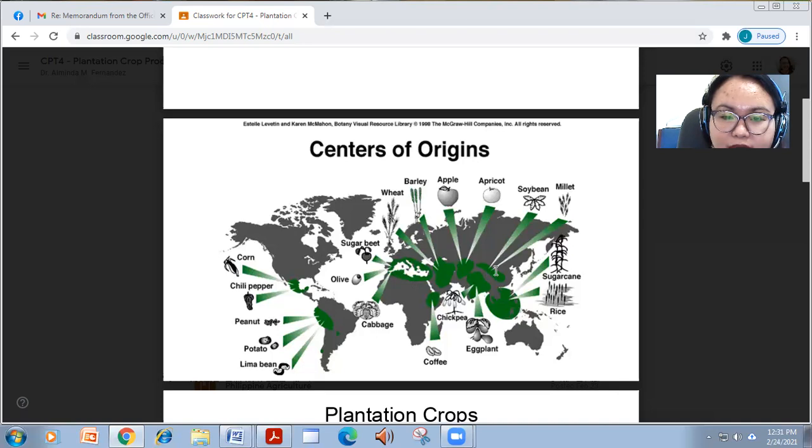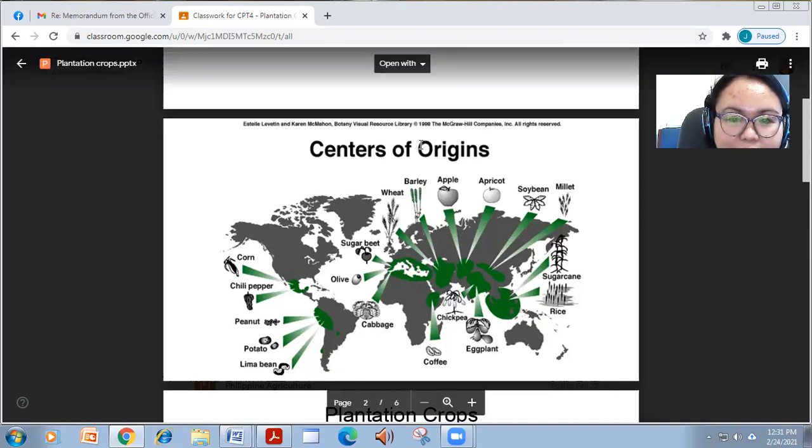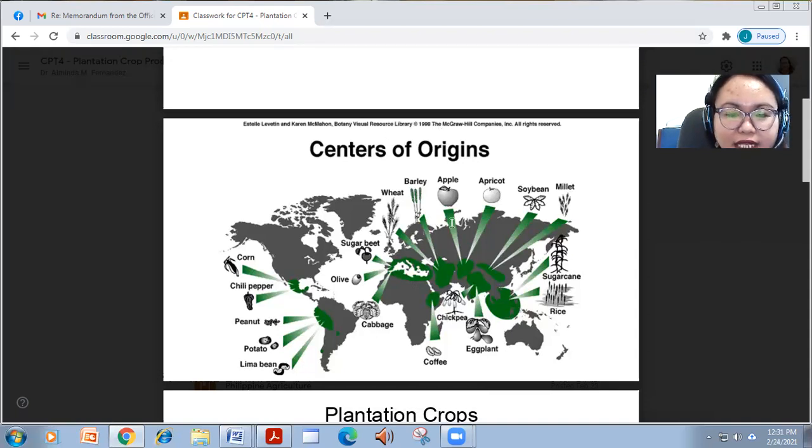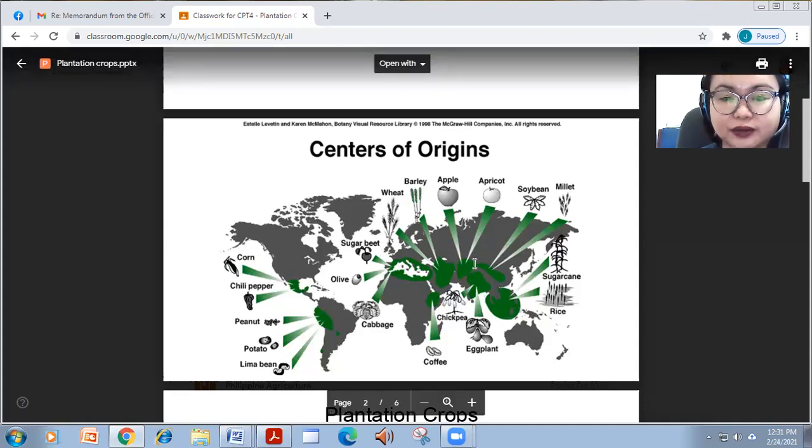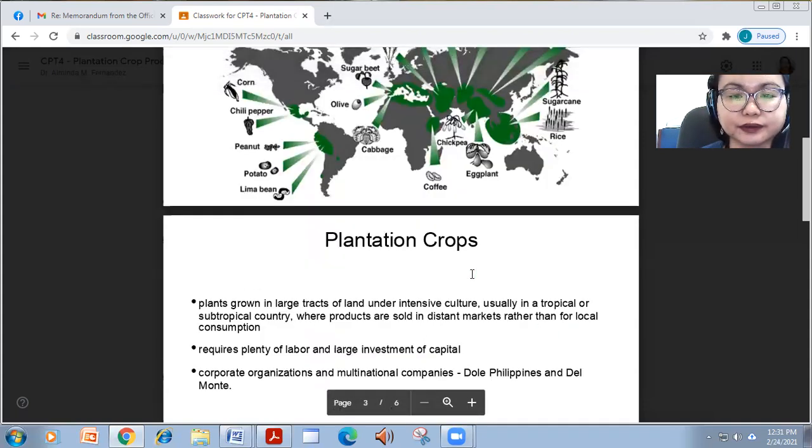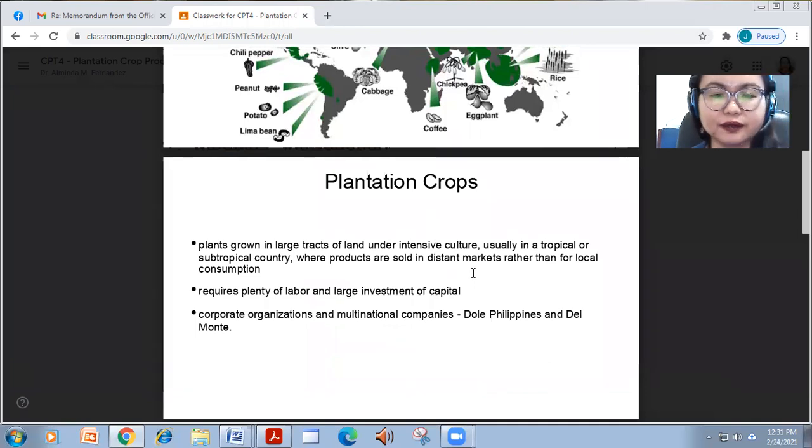But so far, based on McGraw-Hill Companies' botany, published in 1998, these are based on literature that first mentioned the word apple in the Middle East, or in Mesopotamia, at the time of Jesus Christ.